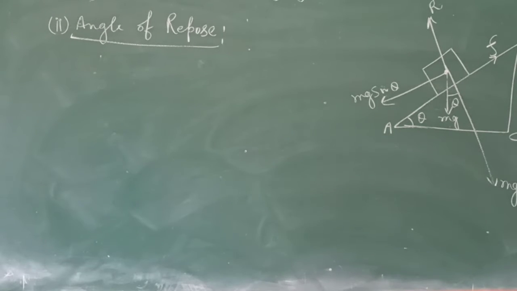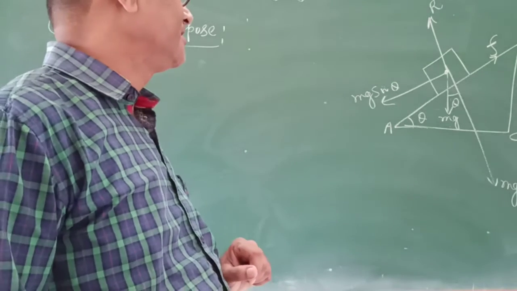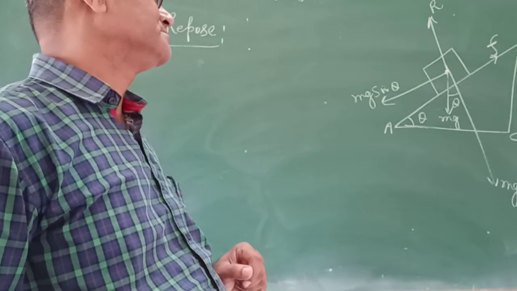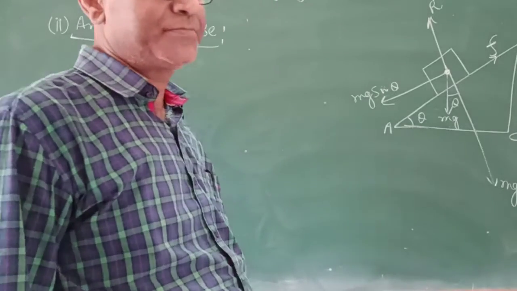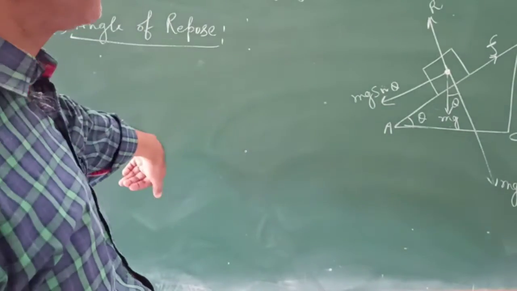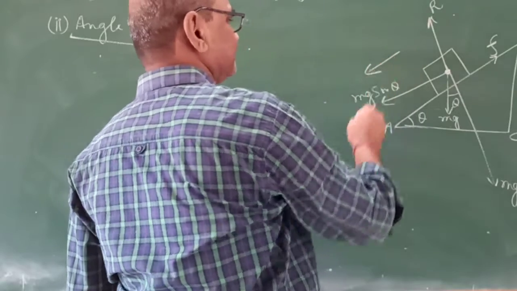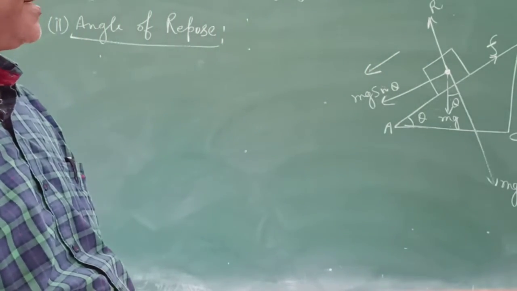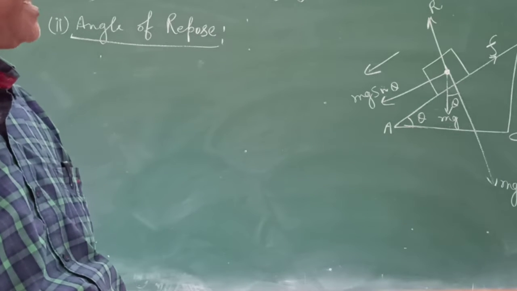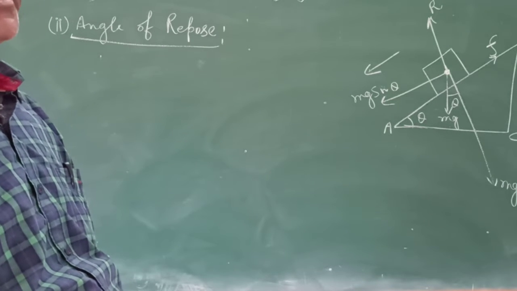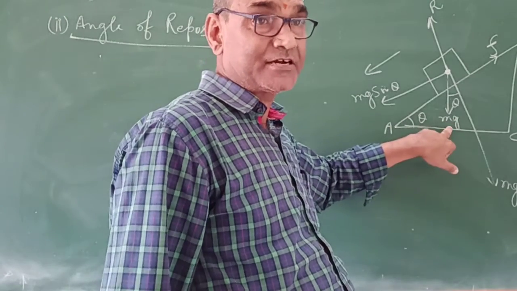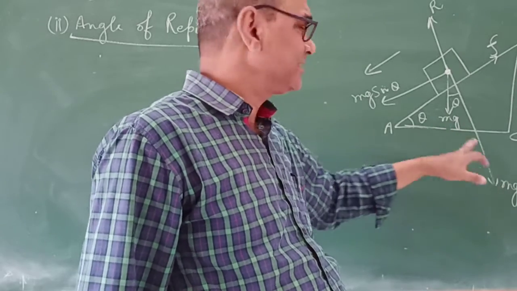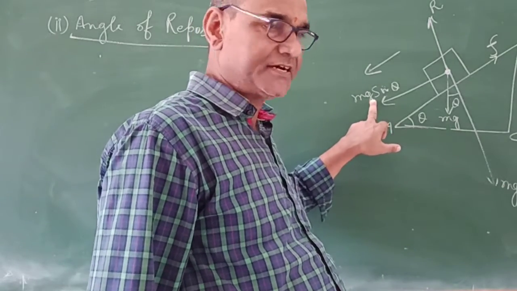Then we write. All of you know the resolution. Let a body of mass m be placed on the inclined plane. The inclination increases so that the body slides down. Now the various forces: one is the force due to weight, and the second one is the normal reaction. Now resolve mg into two rectangular components, one is mg cos theta, another one is mg sin theta.